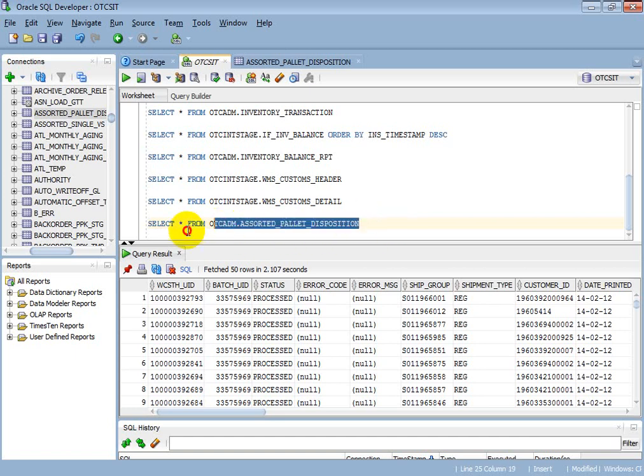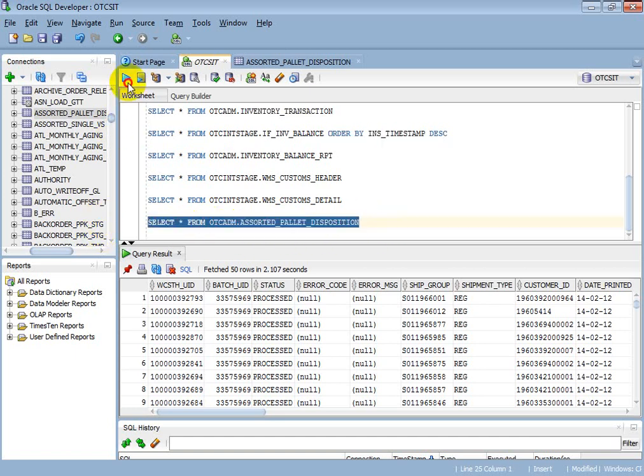Okay, this is the table for this interface. Whenever this particular job is run, then it will